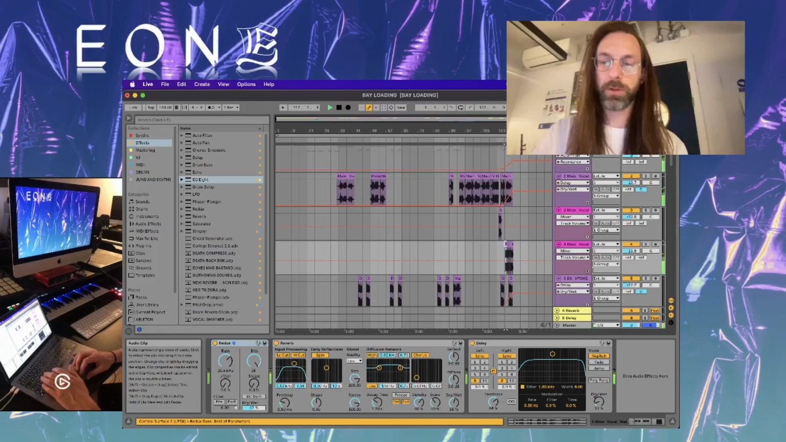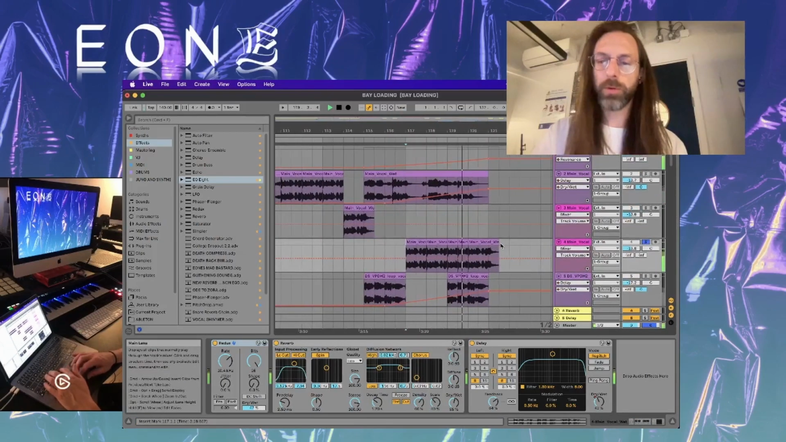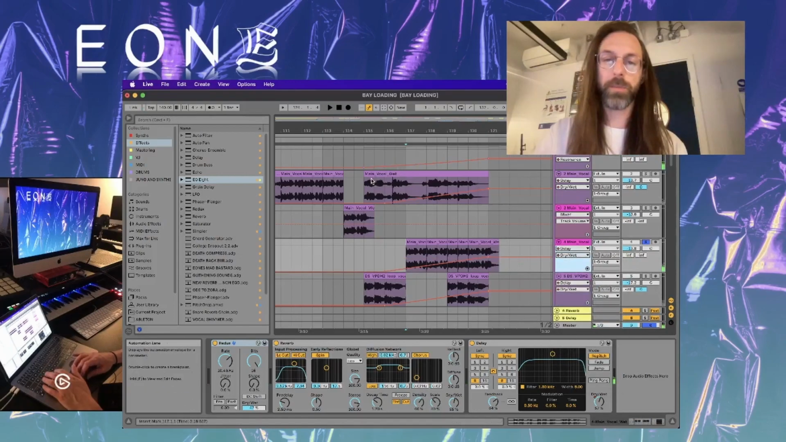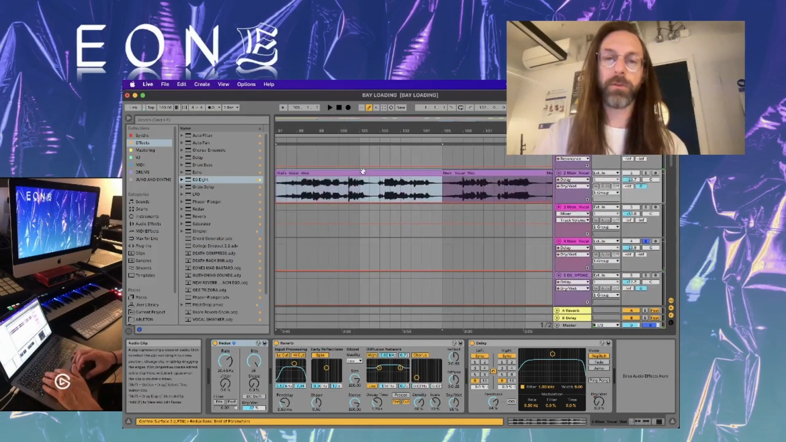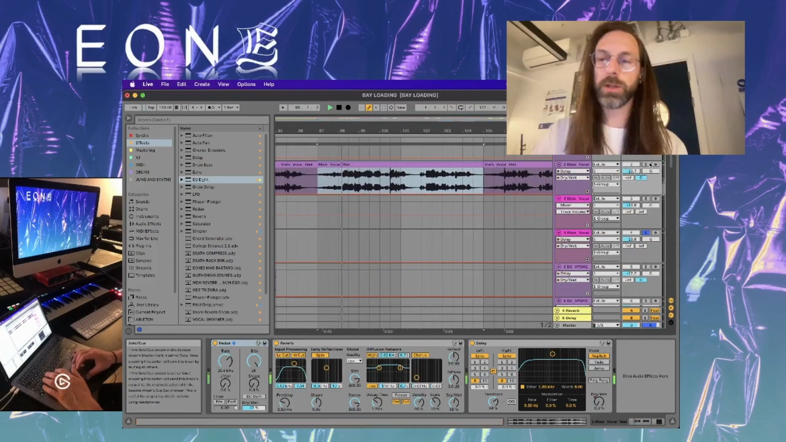Got some nice chops on here as well. Very simple. Just delay really nicely on there, which works well. I'm pretty happy with that. And then we've also got the main vocal up here, which is